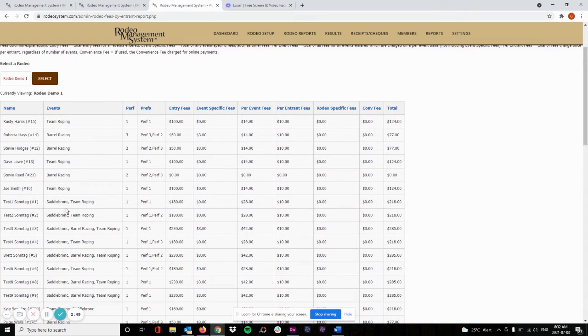We will see all the events that person has entered, and we will see what performance they were drawn into, which preferences they had selected, their total of entry fees across all of those events, the total of event-specific fees across those events, the total, again, per entrant of per event fees, any per entrant fees, so those that are charged only once,